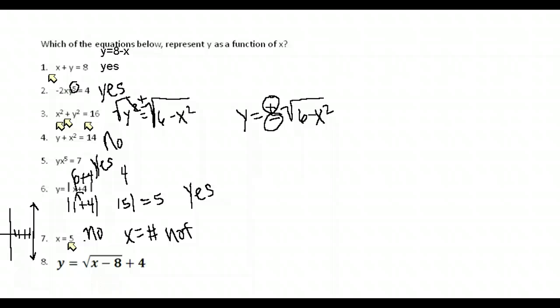And here's our last one. Is this a function, yes or no? Now, you might, from our examples up above, see the square root and say, Mrs. Nebeker said that when I have square roots, I have two possibilities. But I want you to notice this is the function we started with. We haven't done any manipulating to it. This is what they gave us, and the original function they gave us did not have a plus or minus in front of it. The only reason our examples up above had plus or minus is because we isolated the y